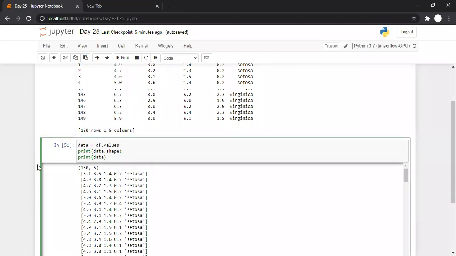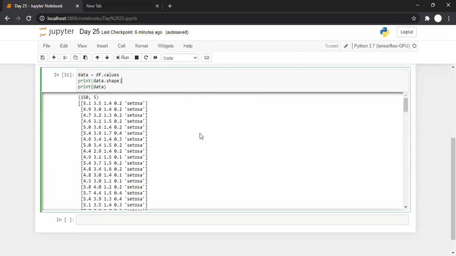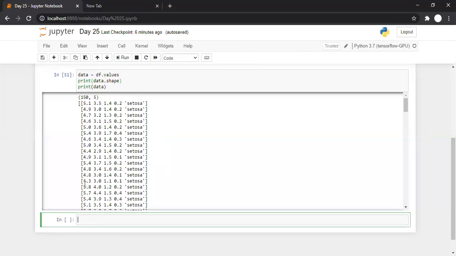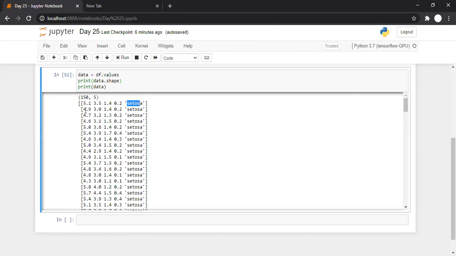So the first thing that we should do is segregate the data and the class label separately. This is called the X part, and the class label is called the Y part. So the X part means the entire data, these 4 columns we are supposed to separate. This will be considered the X part, and the class labels will be considered the Y part. So the first 4 columns are the X part, and the last column is the Y part.